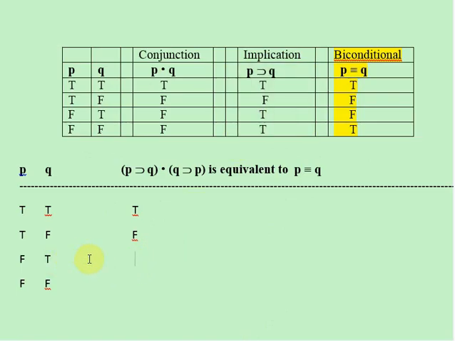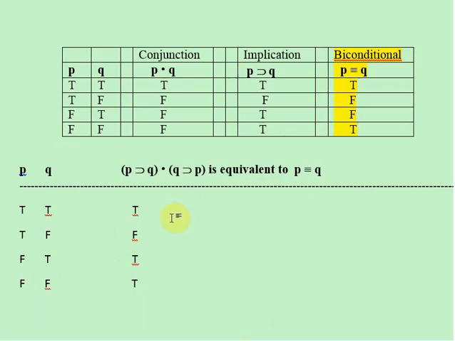That's the reason I have it, because that's the table that I need in order to compute the conditional here. Okay, the third row is the case in which P is false and Q is true. And when the antecedent, that is the P, is false and the consequent is true, then the whole thing is true, right? So we would have a T on the third row here. And then finally, the last one is the case in which they're both false. And remember, when they're both false, the whole conditional ends up being true, right? So that's why we would have these values here for the left conjunct. Let's now look at the right conjunct.